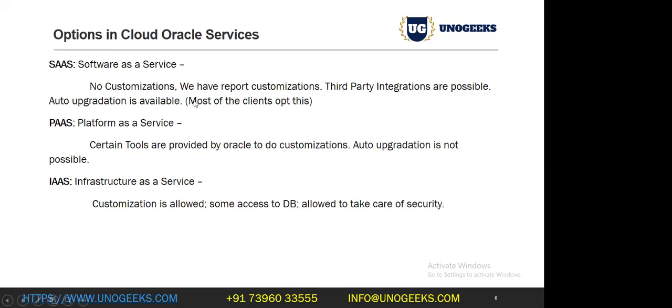As mentioned, most of the clients go for this, as cost-wise it is less, and service-wise and utilization-wise it is one of the best options.